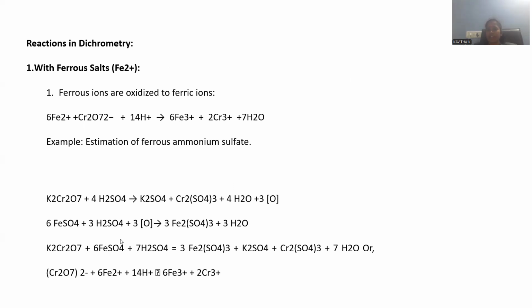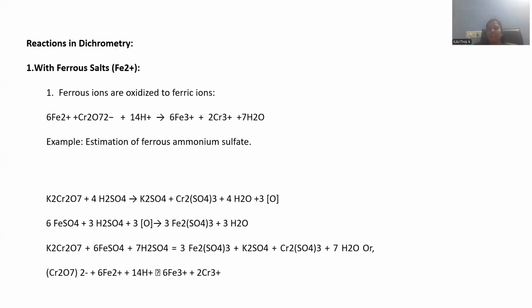And the reactions in dichrometry: some kinds of dichromate reactions we already discussed. Ferrous estimation is possible, oxalate estimation is possible, iodide estimation is possible. In that regard, estimation of ferrous salts is possible. Ferrous ions oxidize to ferric ions by means of this oxidation reaction of iron and subsequent reduction of chromium. A redox reaction is carried out within this chemical reaction and estimation is possible